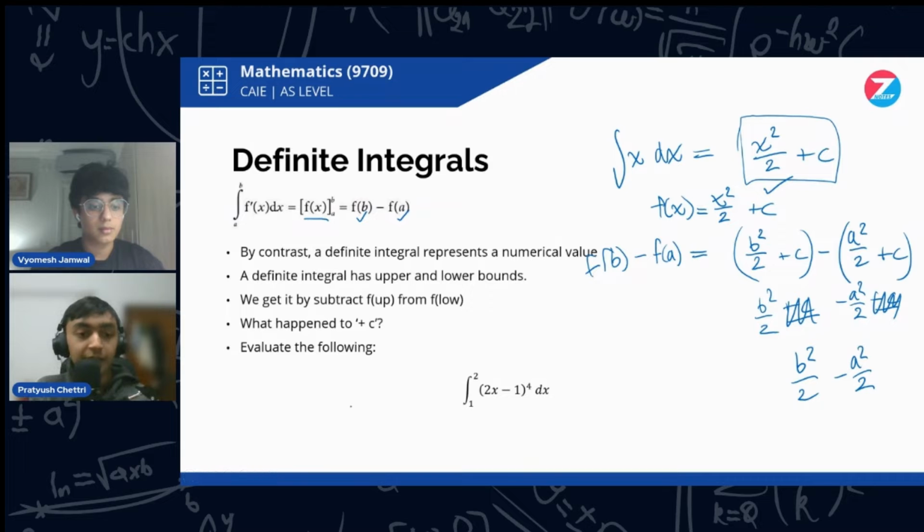Using that knowledge, let's solve this definite integral. First, we have to get rid of the integral, so we must integrate. We're going to integrate (2x minus 1) to the power of 4. It's a linear factor to a power of 4. So let's solve this. I'm going to do (2x minus 1), increase the power by 1 to 5, divide by 5, and I'm also going to divide by the coefficient of x, which is 2. That gives me,